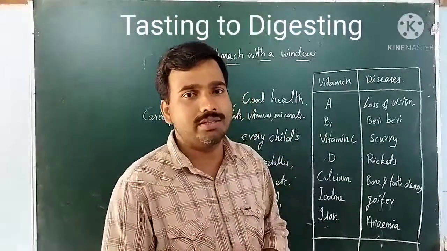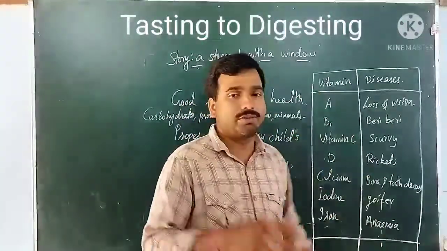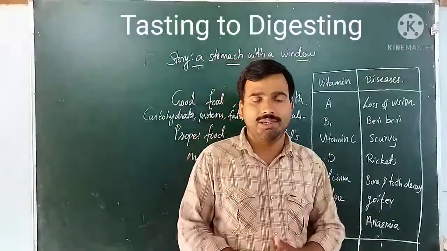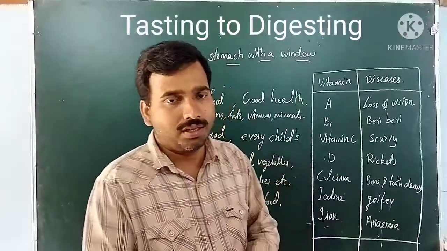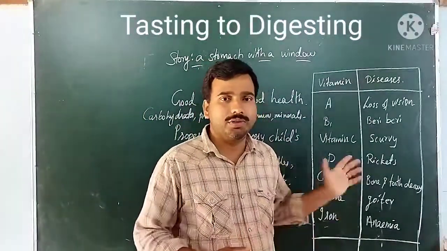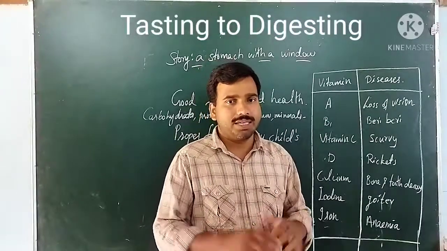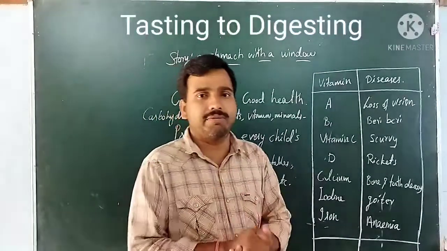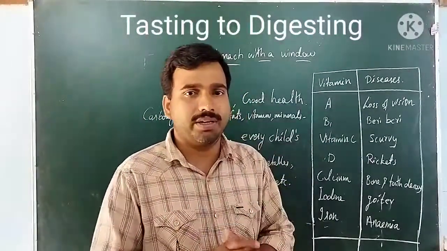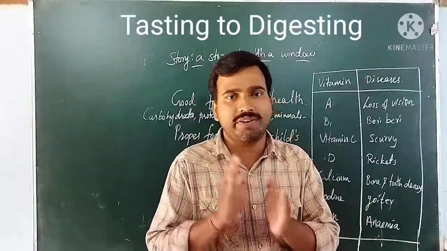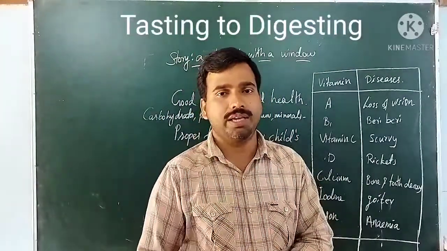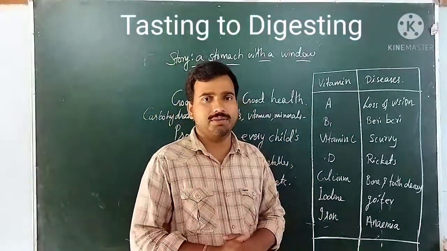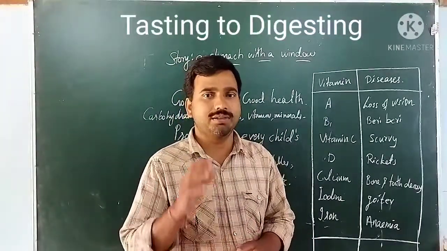So at this age, if you are unable to get all this nutrition, you must take vitamin tablets, vitamin C, D, or calcium tablets, or multivitamin syrups, for those who are not getting all these nutrients from their food. That's why it is advised to have proper food at proper timings. First, take breakfast at the proper time. You must have fixed timings to take your food. Now prepare your time schedule so that you can follow your routine daily.